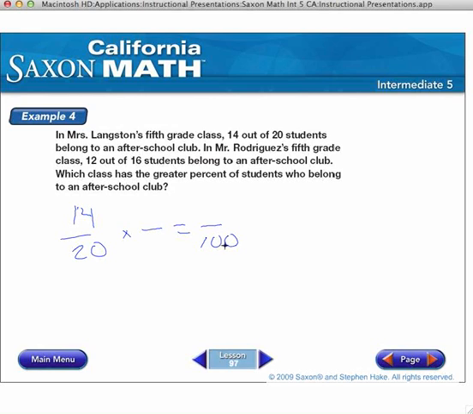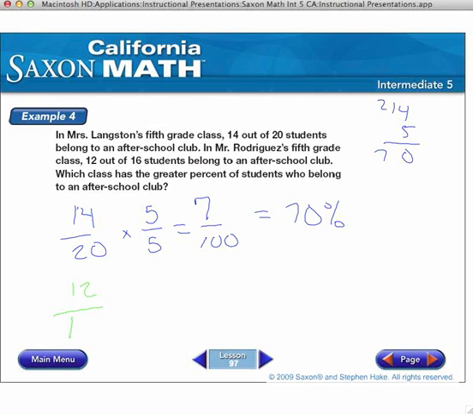20 does go into 100 evenly, so we're going to multiply both sides by 5. 14 times 5 is 70. So 70% of students in Mrs. Langston's class are in an after-school club. And then we have